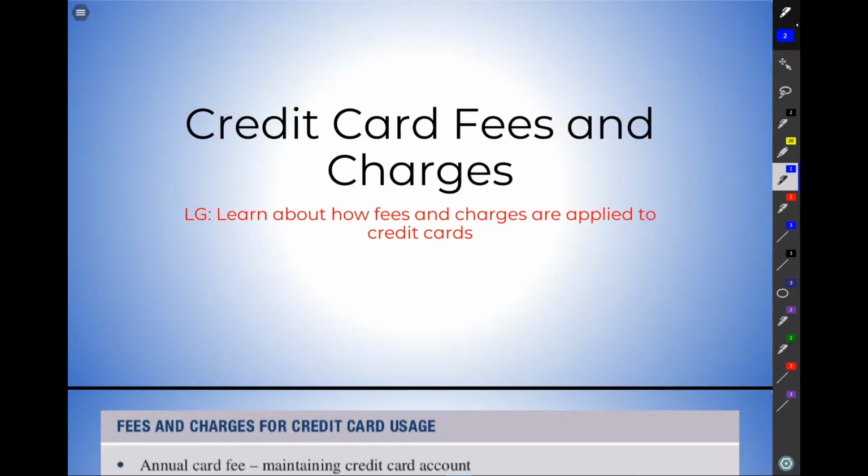Hey everyone, this is our last lesson looking at credit cards, where we're going to be looking at fees and charges on credit cards. Basically, this lesson is going to be a little bit of revision of compound interest. Remember our compound interest formula looks something like this,